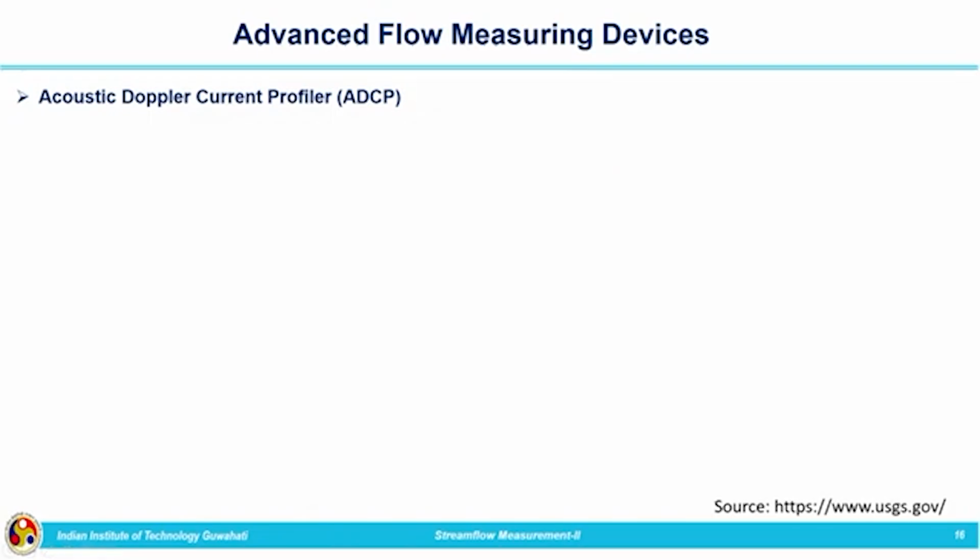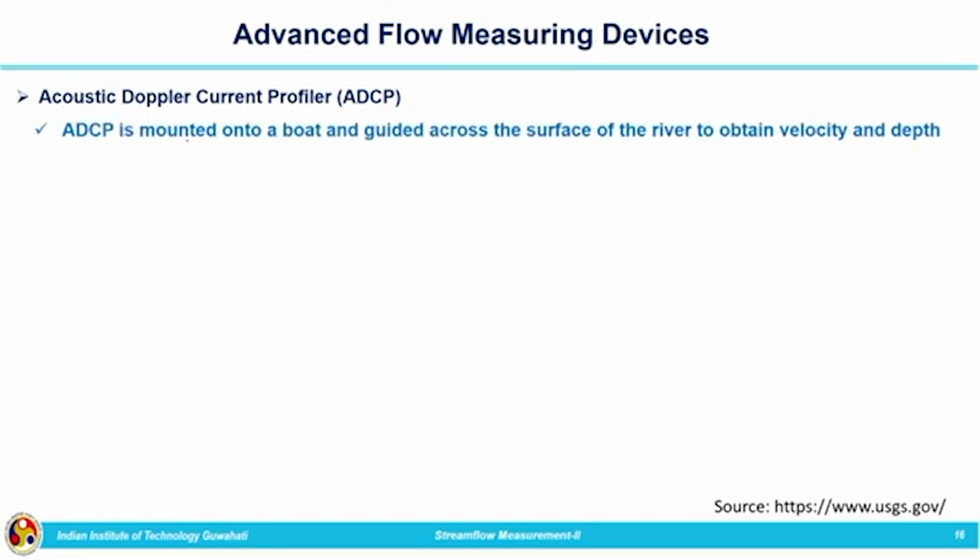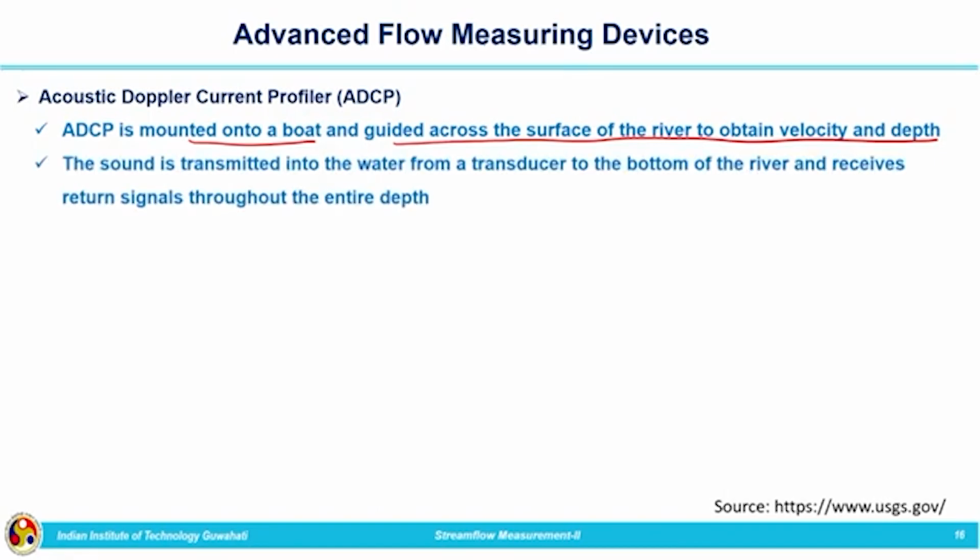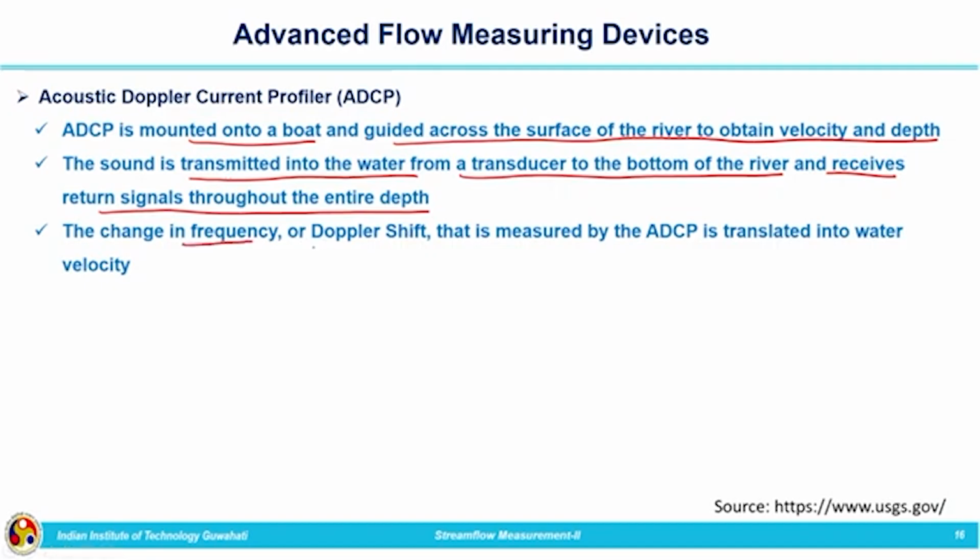Coming to the acoustic Doppler current profiler, the advantage in this case is that it is not giving us the point velocity, it is giving us the velocity across the cross section. So, ADCP is mounted onto a boat and guided across the surface of the river to obtain the velocity and depth. We will get the water depth and also the velocity. The sound is transmitted into water from a transducer to the bottom of the river and receives return signals throughout the entire depth. Over the entire depth it sends the signal, and the change in frequency, or the Doppler shift,